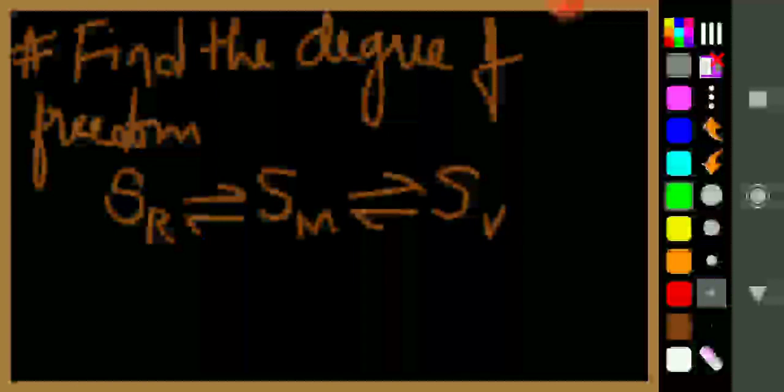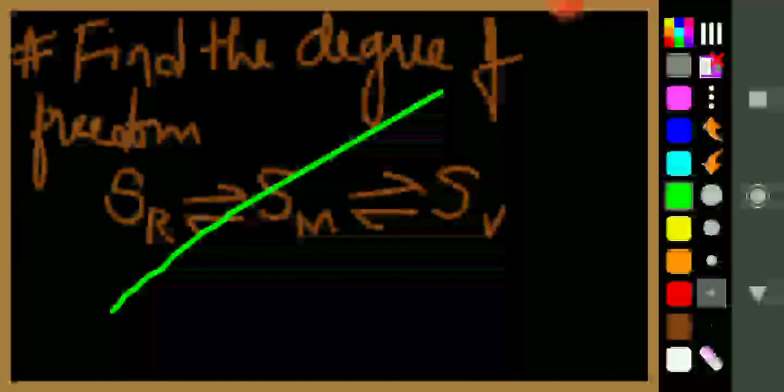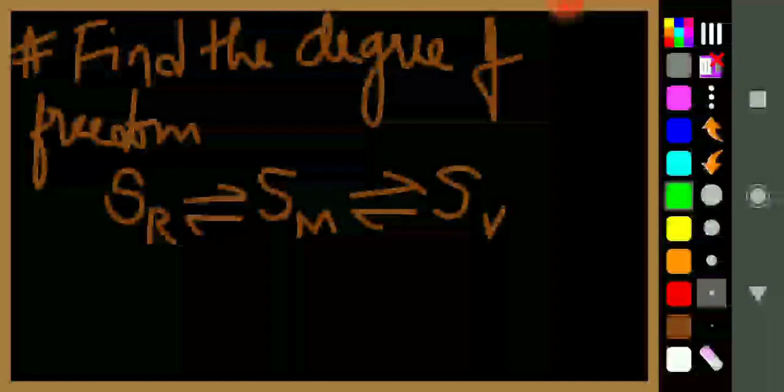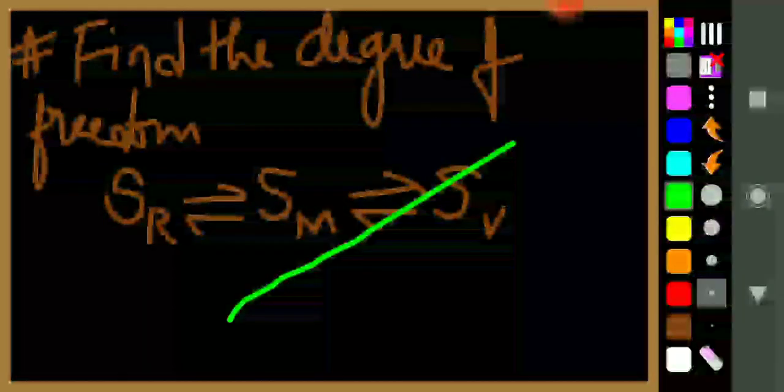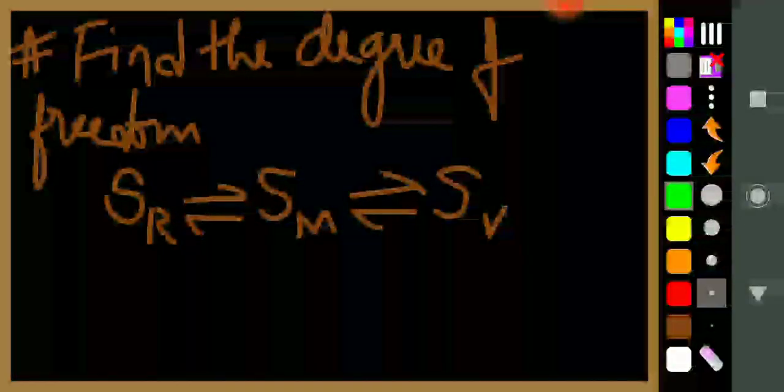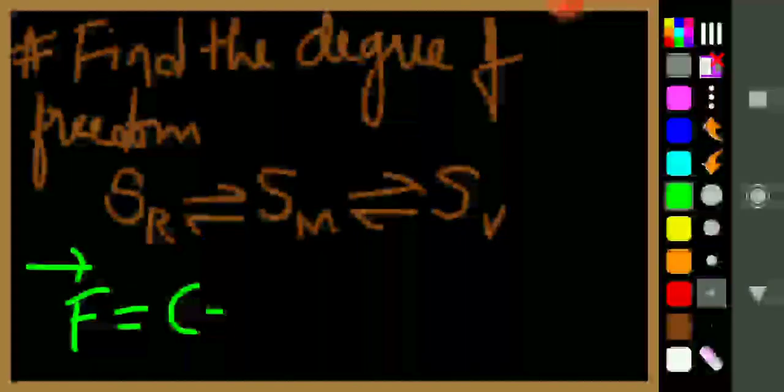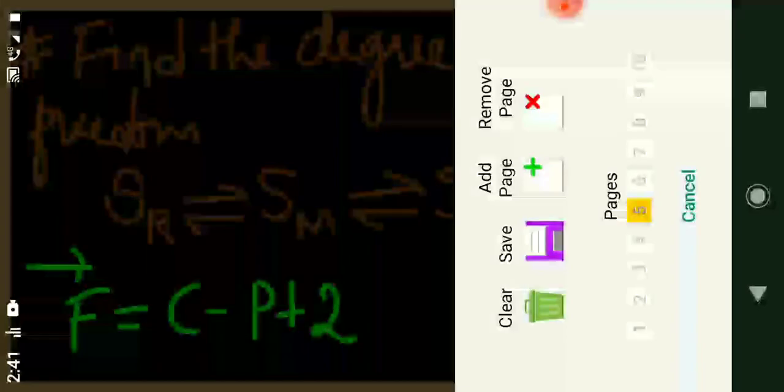What is the degree of freedom? Now we know the formula. Degree of freedom is F equal to C minus P plus 2. Now in the equation,